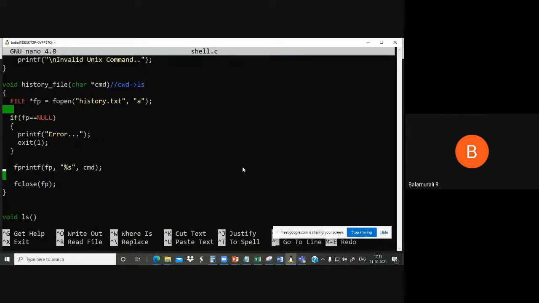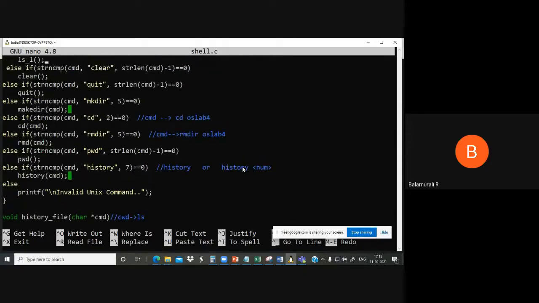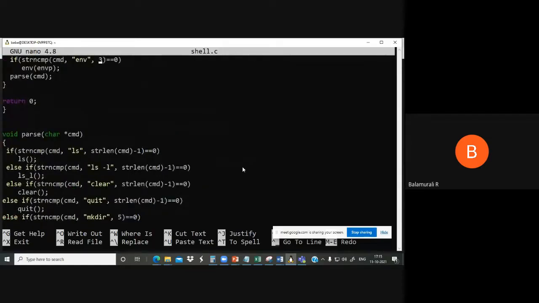What is cmd? The pointer points to ls. So to that file, we just print ls and we close. So whatever the user gives, that command will be stored in that file, because we are going to use this file when we are using the history command. So that's the whole concept.